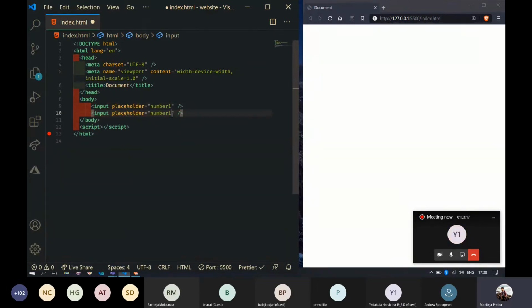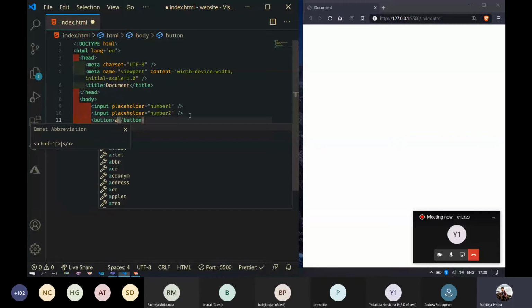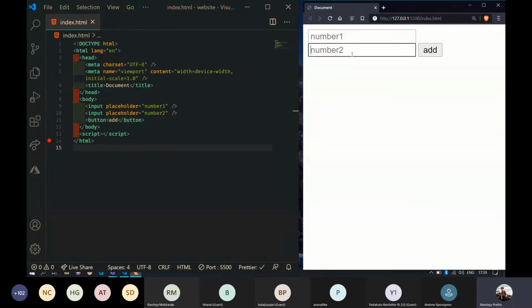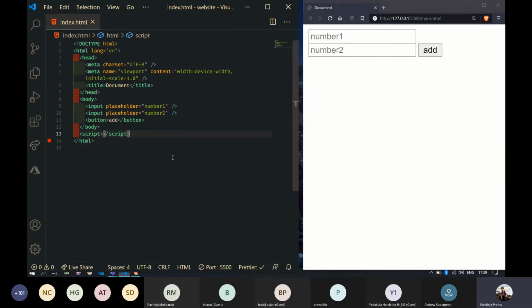Number one and number two, and a button as well. Whenever I press this button, add, I need to get the result, right? I need to display the result. This is the basic thing that we can do.